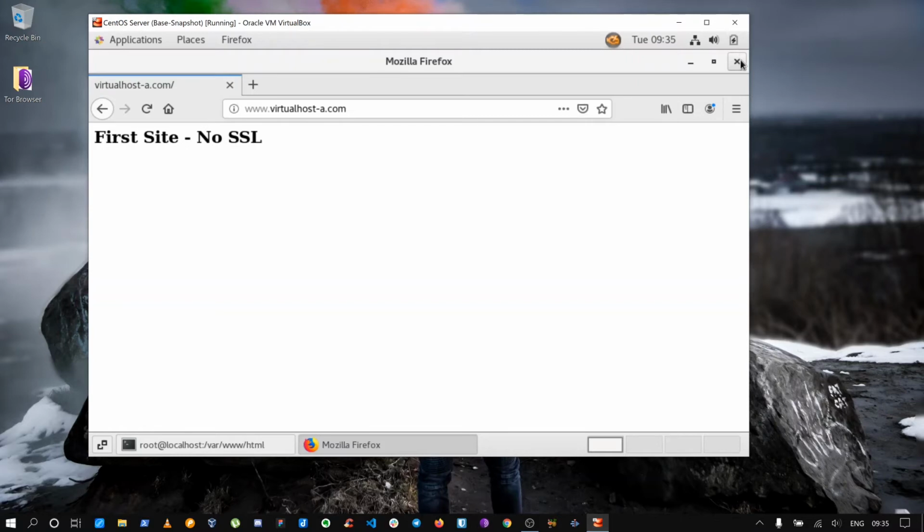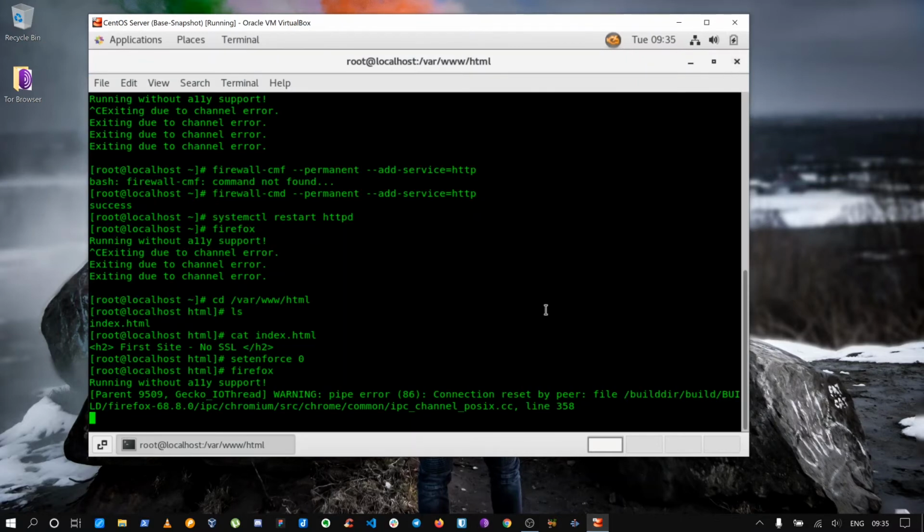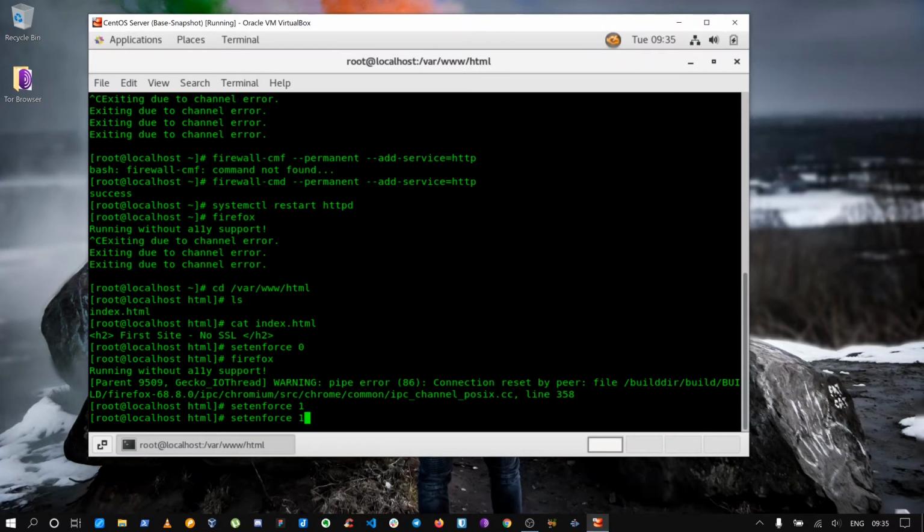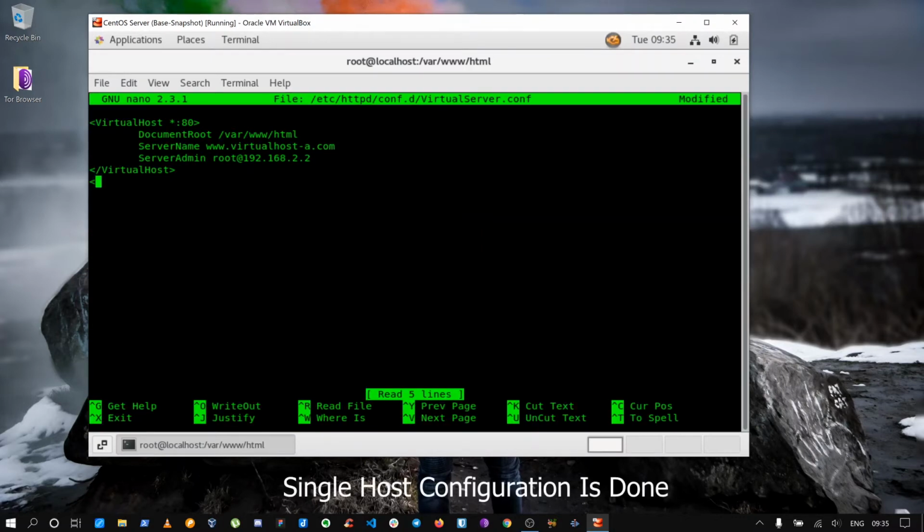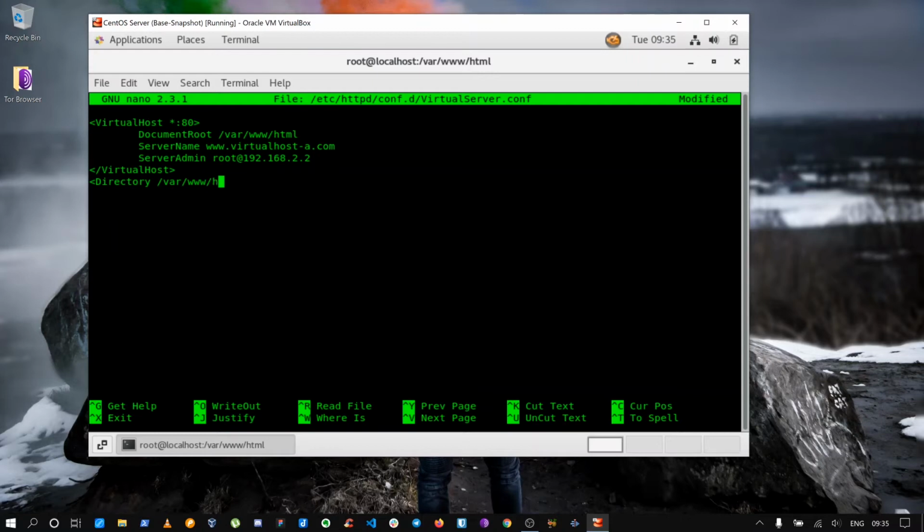Now, like I said, we want multiple sites. Actually, you can even do it some other way, but I'll show you. Okay, let me set this to 1 and configure something in here itself, so that you do not have to face this error, which is just saying that this is the directory you have to consider and allow, /var/www/html/directory.